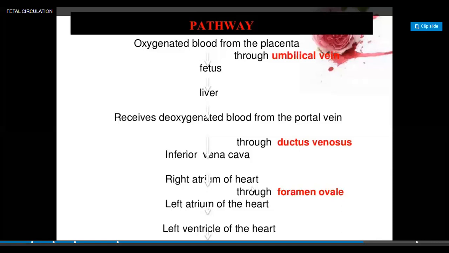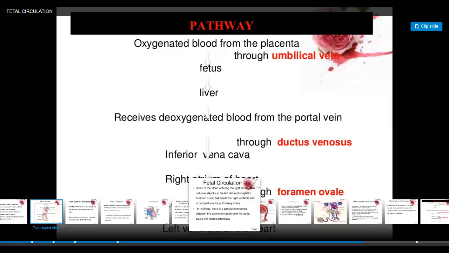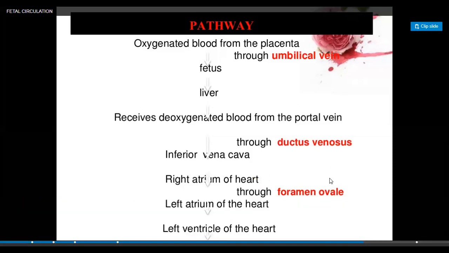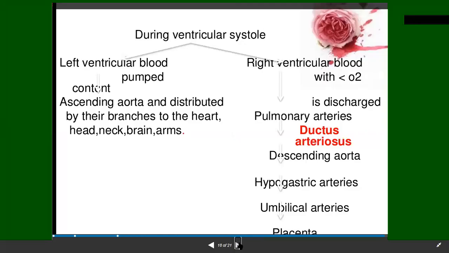From the inferior vena cava, right atrium of the heart, to the foramen ovale, to the left atrium of the heart, and to the left ventricle of the heart. So there is the ventricular system. The left ventricular blood is pumped into the ascending aorta and distributed by its branches to the heart, head, neck,